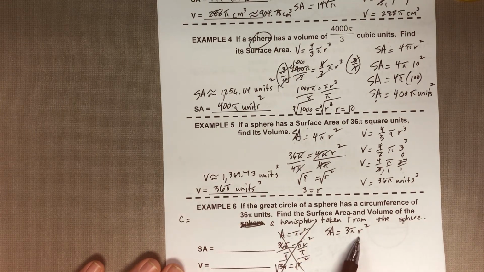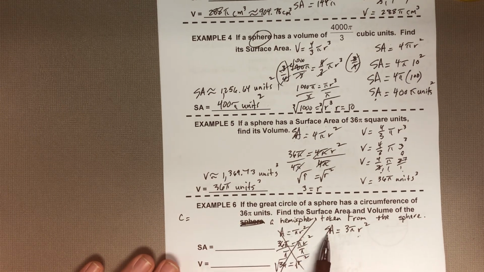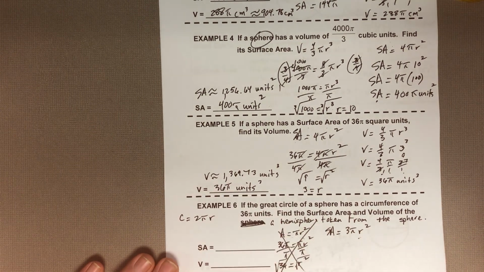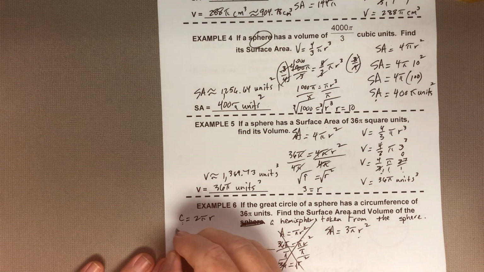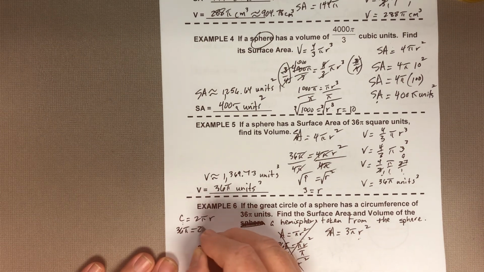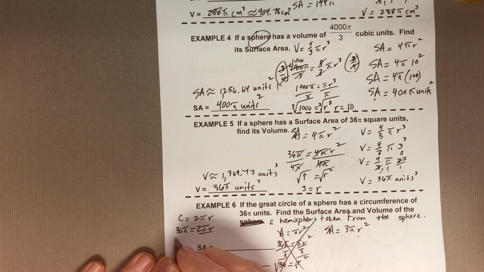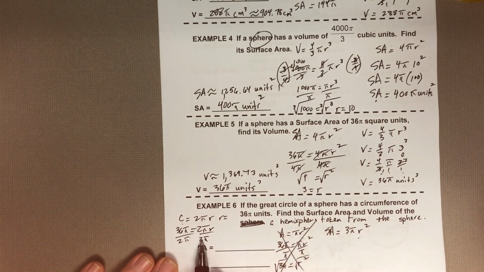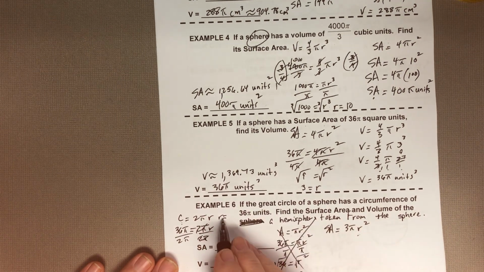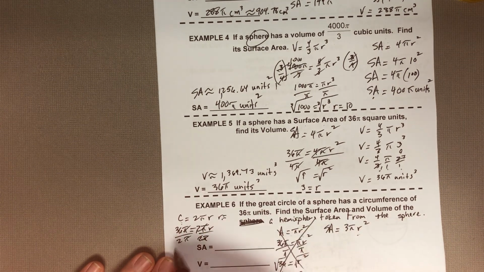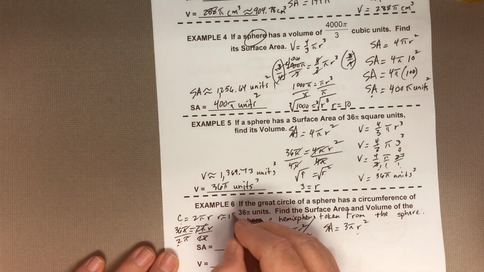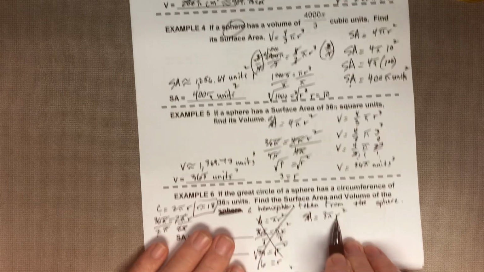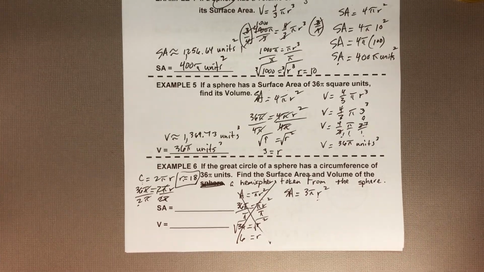Circumference, and I want radius over here because I'm going to use that to find the surface area and the volume. So circumference is 2 pi r. Well, we know that the circumference is 36 pi equals 2 pi r. So then we divide both by 2 pi, and those 2's cancel, those pi's cancel, giving us r on the right. Those pi's cancel, 36 divided by 2, that's 18. So that's the radius. So that's the value I'm going to use to find the surface area and the volume